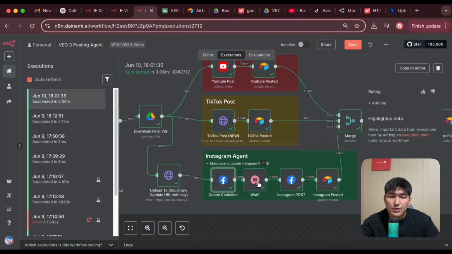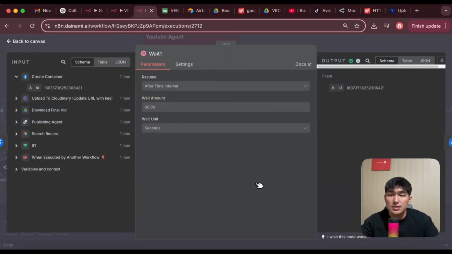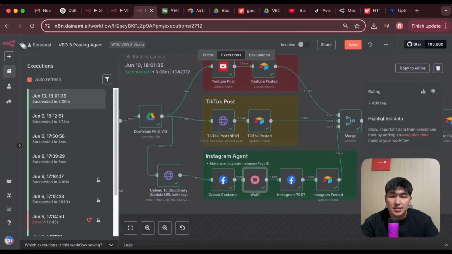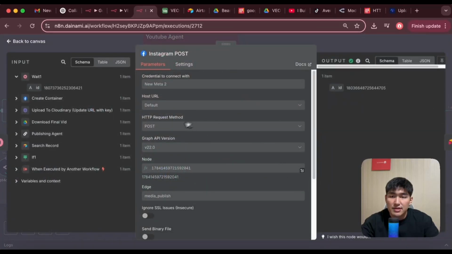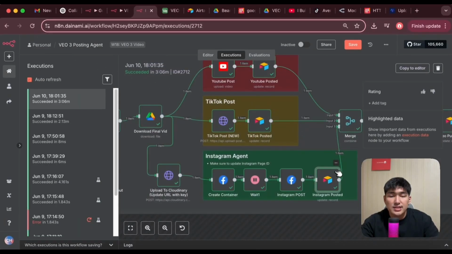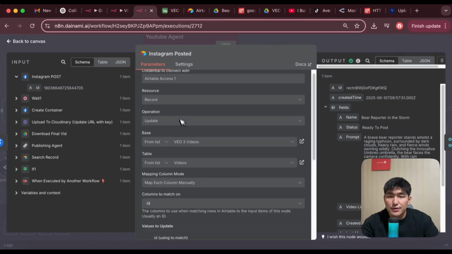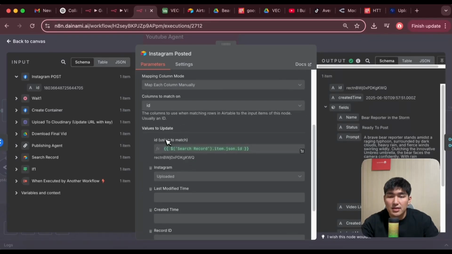And then we'll have a wait node because this is what's required for the Instagram API, 60 seconds. And then it will post onto Instagram. And then we're going to make sure the node is the Instagram account. Right, this is how we actually connect it through the API. And then we once again update the Airtable node, right? We update the base, VEO3 video, table is video, and then the Instagram status will be changed to uploaded as